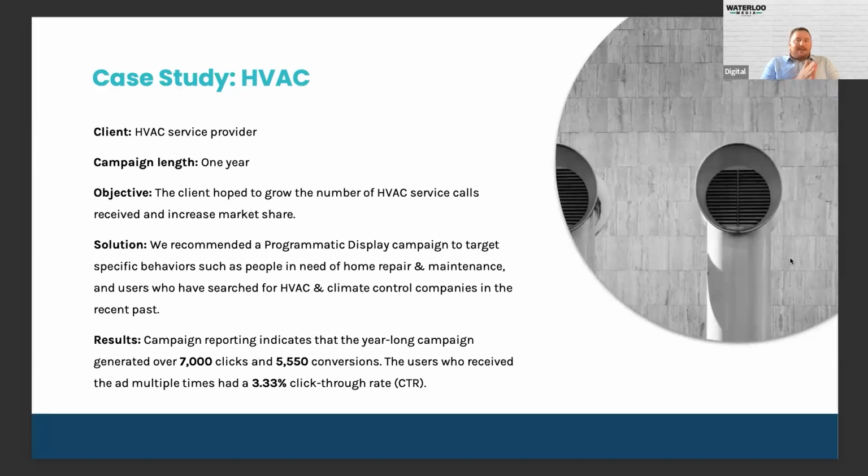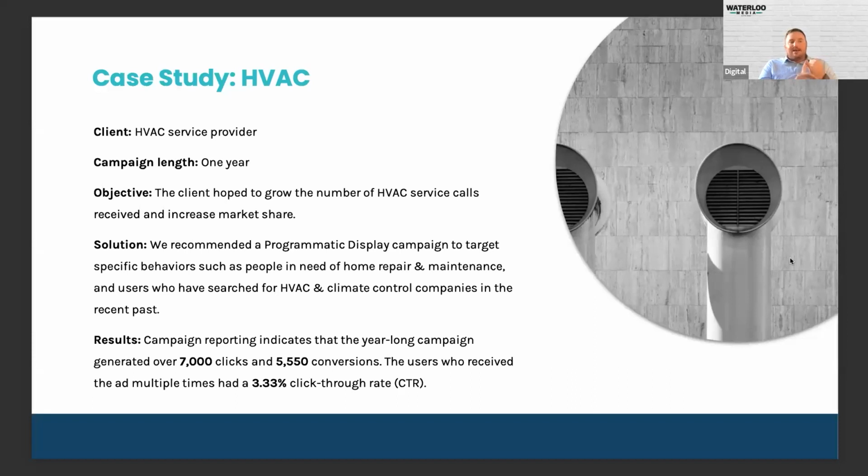So that's where search retargeting really came into play here as well, targeting people who've searched for AC service near me, heating and air companies that I want to work with, or heating and air companies near me, those types of searches, and then sending and reinforcing the brand after they've done those searches. Throughout the year, we were able to drive over 7,000 clicks, 5,500 conversions,